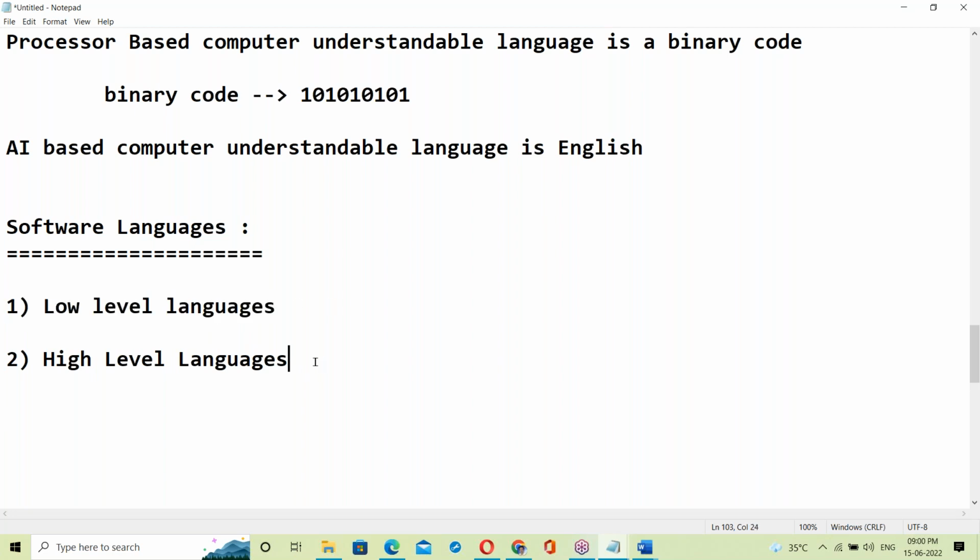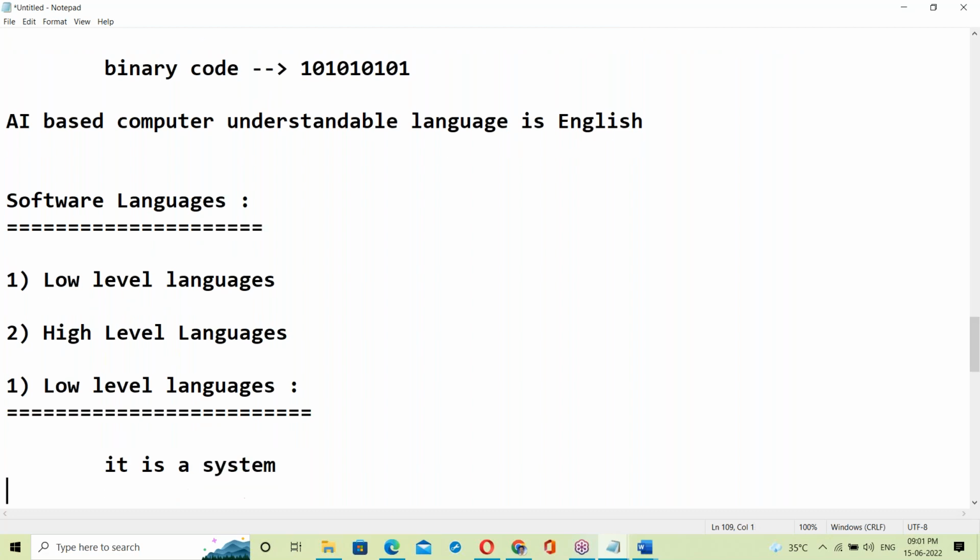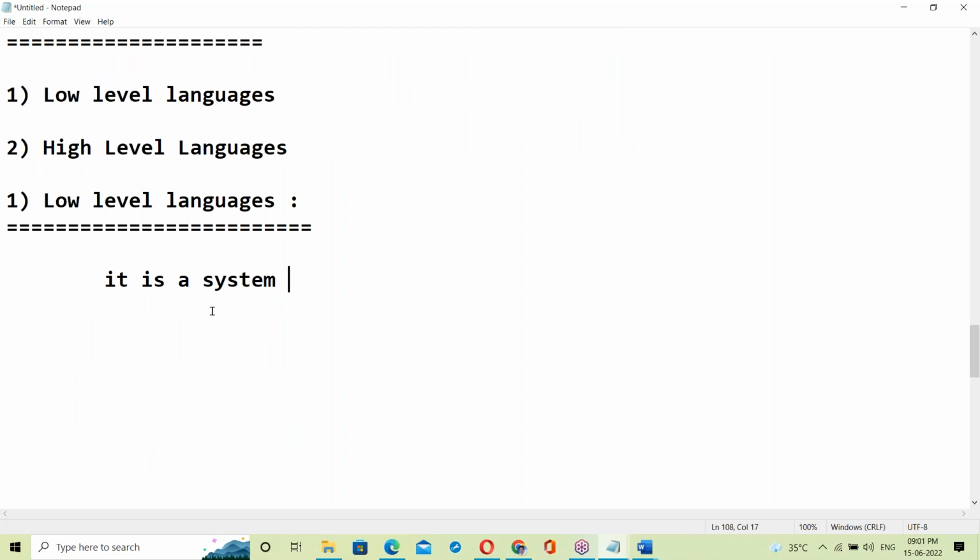Low level language is a computer understandable language. It is a system understandable language. Here, system means